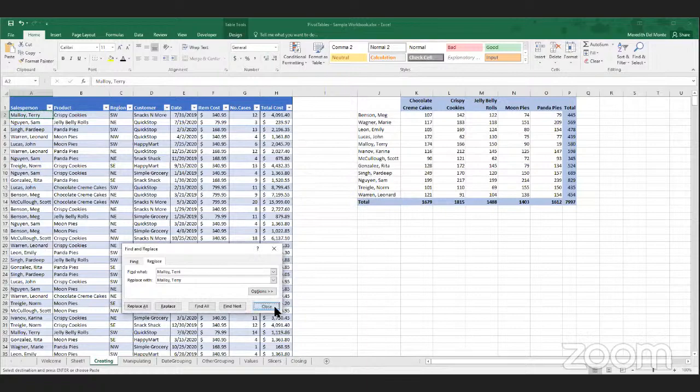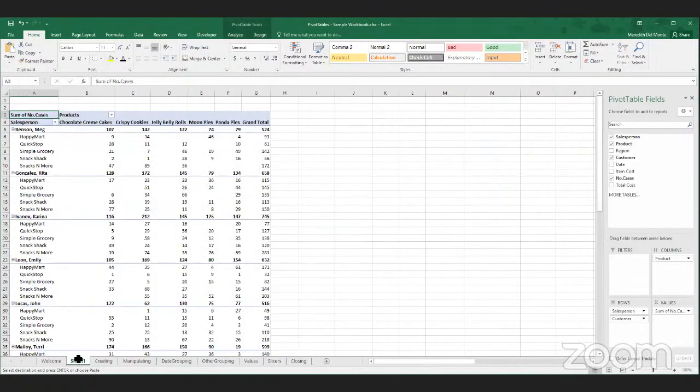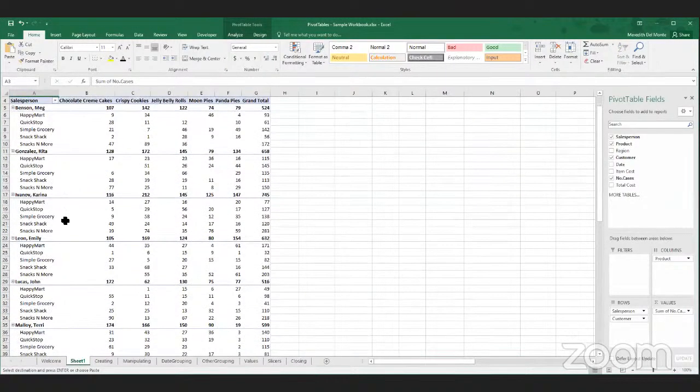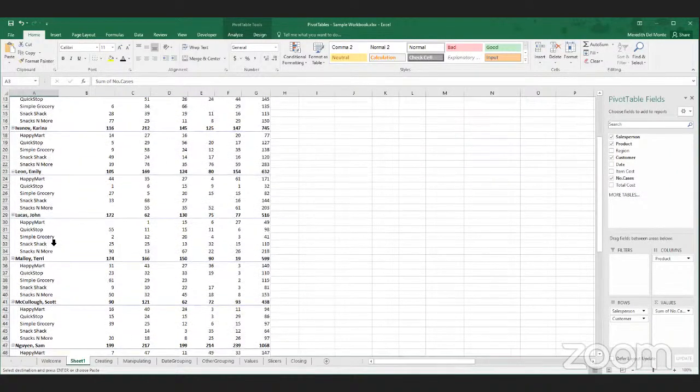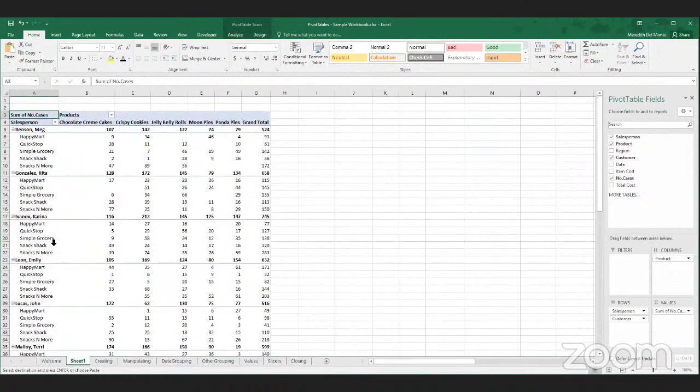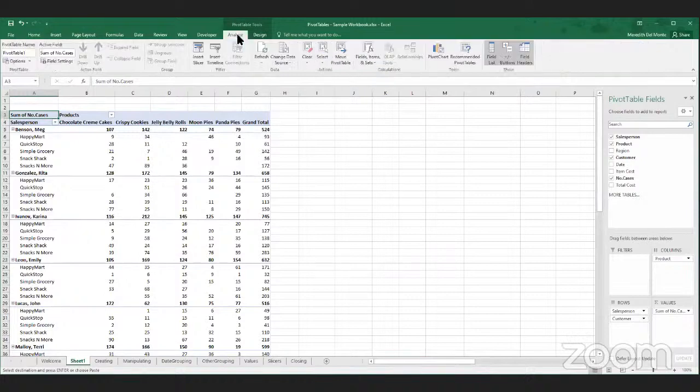Now, if we come back over to our pivot table, you'll notice, let me find Terry because he's in alphabetical order, that it still has the I. So we need to update that. We have to refresh our data. To do that, we come up here to our pivot table tools, back to Analyze, and you'll see Refresh right here. And this will update our data. So when we hit that,